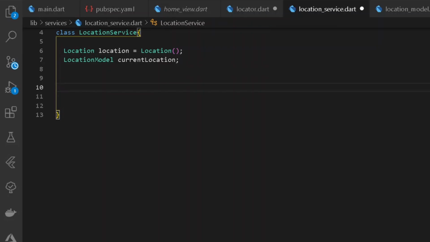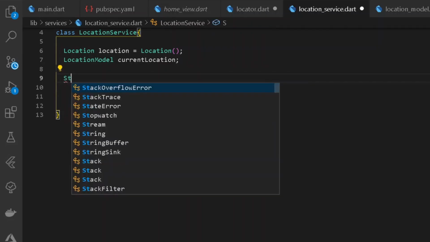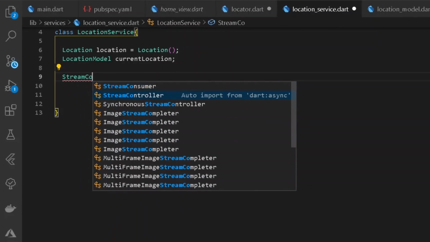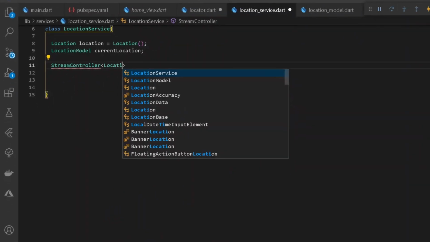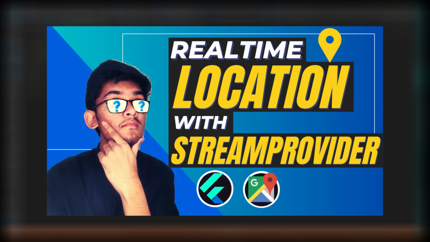So once we have gotten all of our models, let's have a stream of all the current location. For handling the stream I will be simply using a stream controller under a type of location model. Now on the screen, you may see a detailed explanation of how to use location under a Flutter application. So you may watch that video if you need a brief explanation about how to implement the location service under our Flutter application.